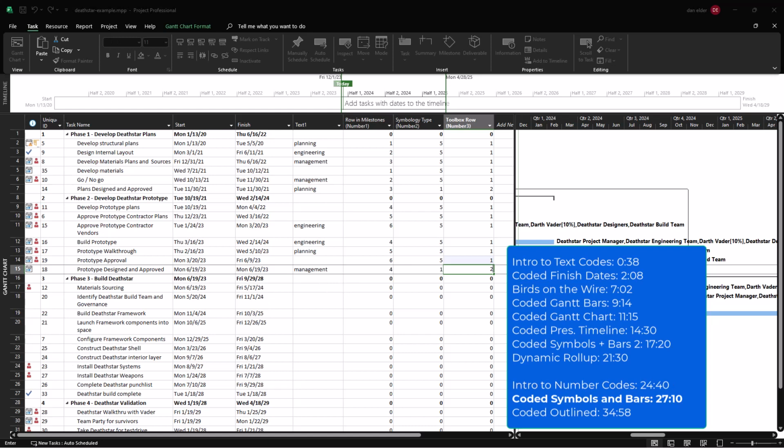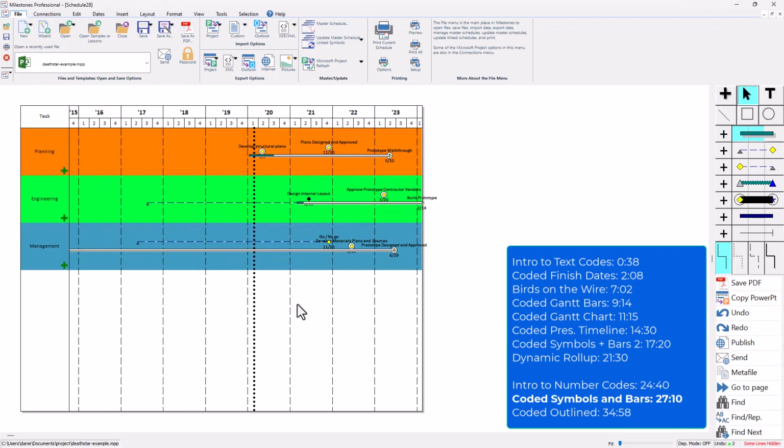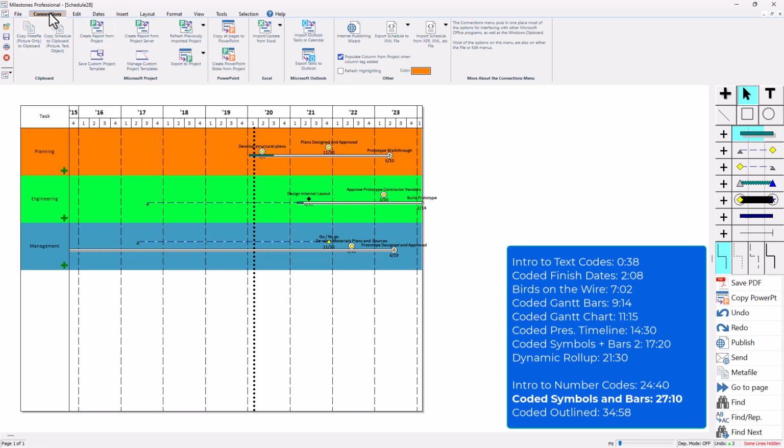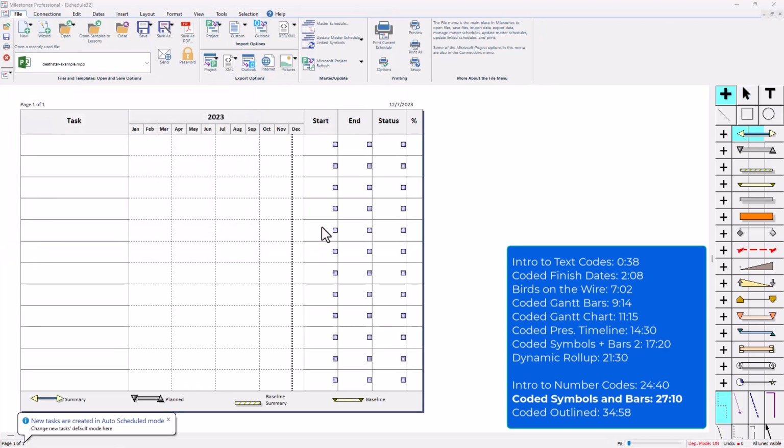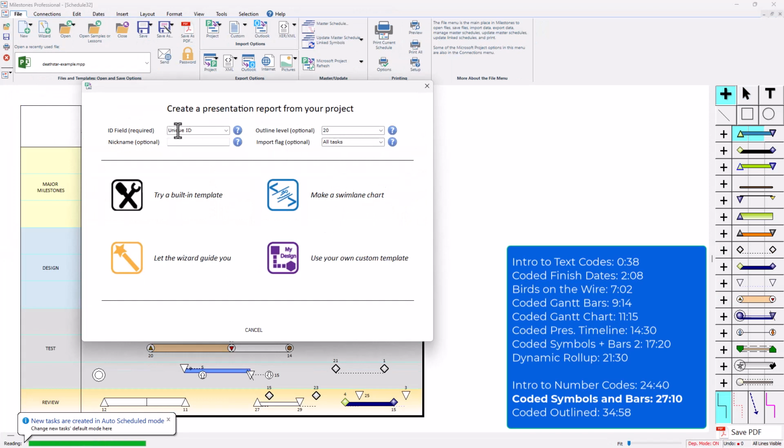So now let's go back to Milestones, and I'm going to go to the Connections tab, and again choose Create Report from Project, and go to Death Star Example, press Open. And I'm going to keep unique ID for ID field, outline level 20, import flag. Make sure you have all tasks here, unless you're also using a flag field, because it will not show anything that's flagged as no for whatever flag field you choose here. I'm going to choose Make a Swim Lane Chart,